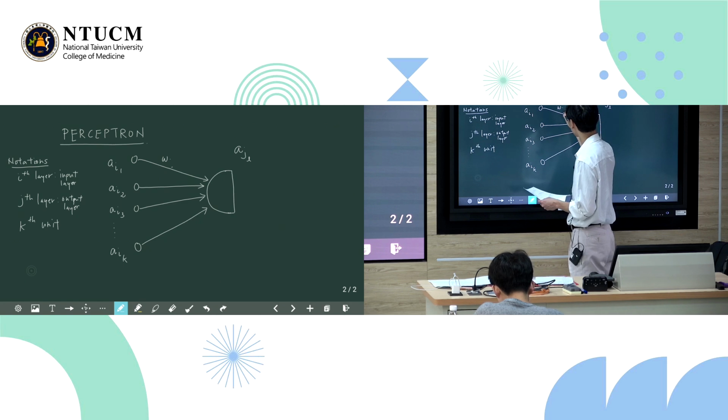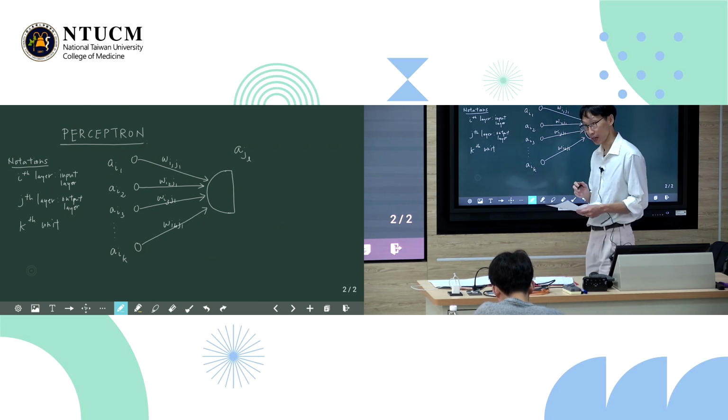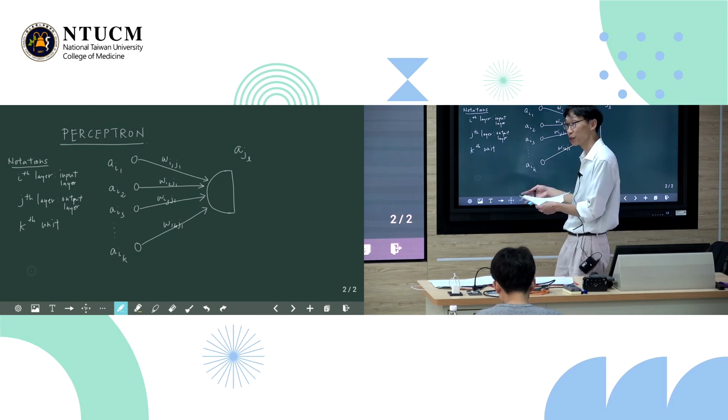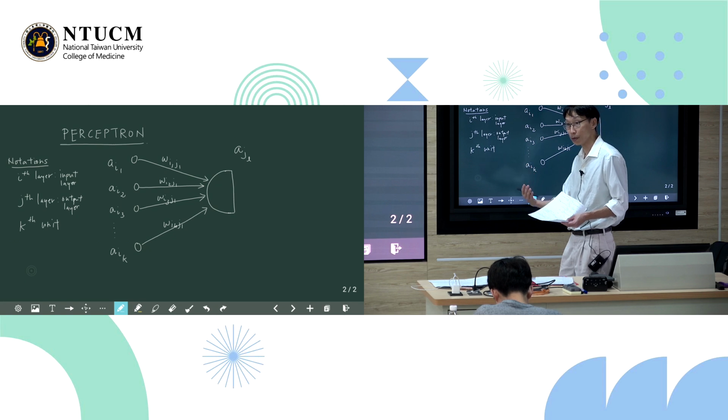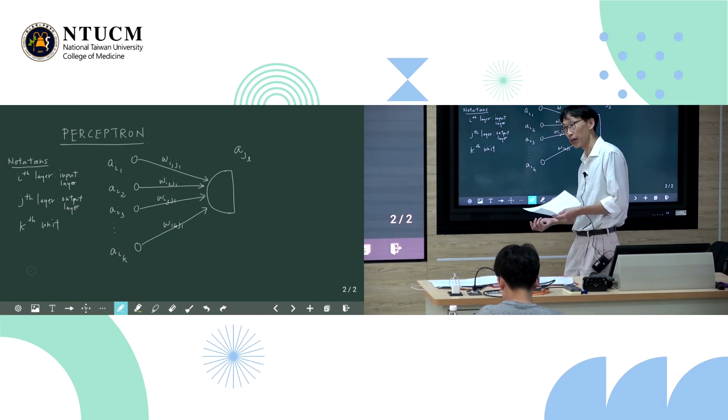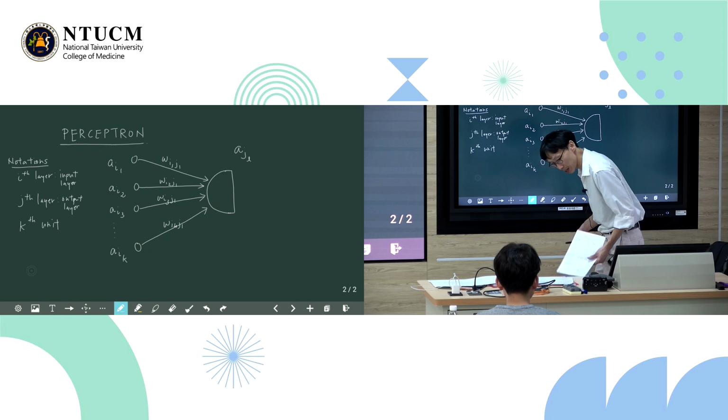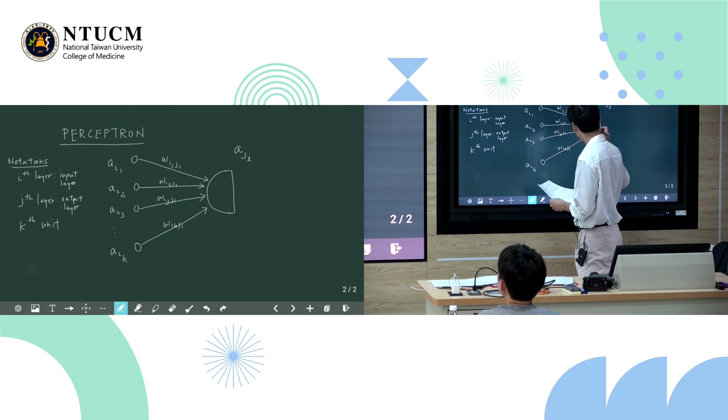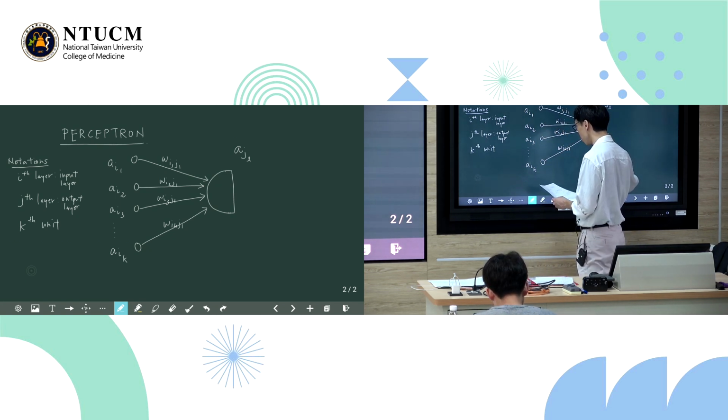The notation I'm going to use is I1, J1, I2, J1, I3, J1, and I4, J1. Okay? And I will change the notation accordingly. If we have more than 2 outputs, then it will be maybe WI1J2. Okay? And then when these feed into the AJ unit, we will have